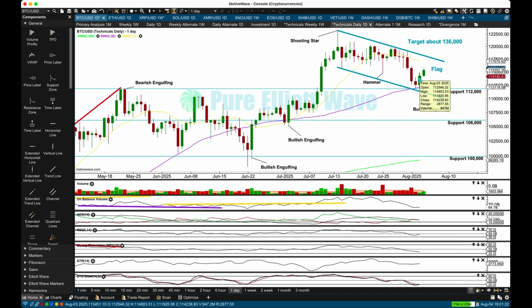So a good strong bullish engulfing candlestick pattern does suggest that this low is fairly likely to remain intact, especially as it found support about the lower edge of this little parallel channel that contains this flag pattern. The best performing flags and pennants complete within 15 sessions. This one's now lasted 21,